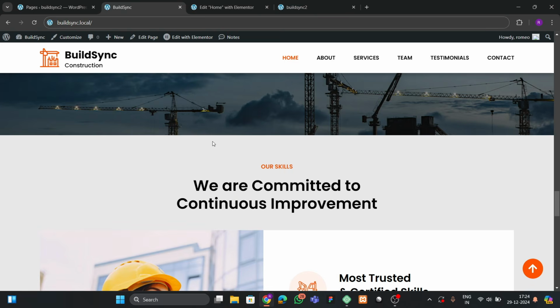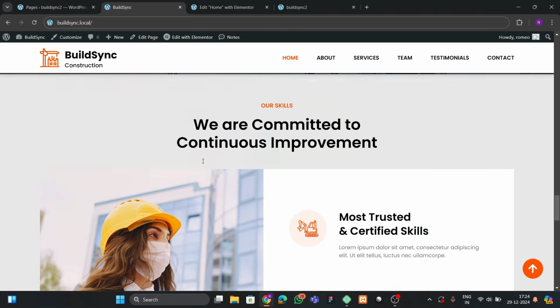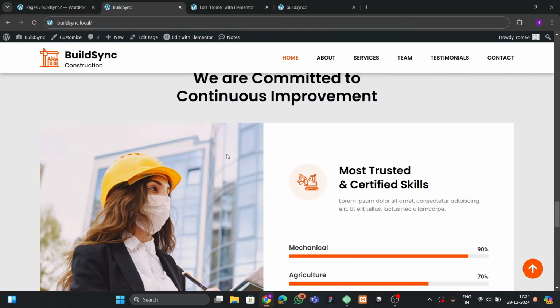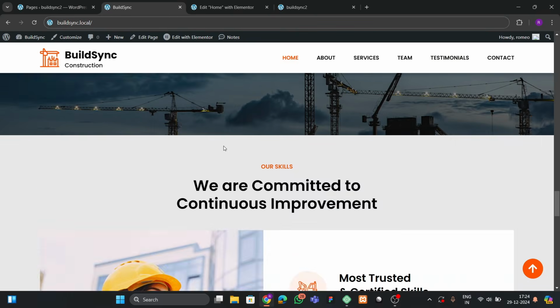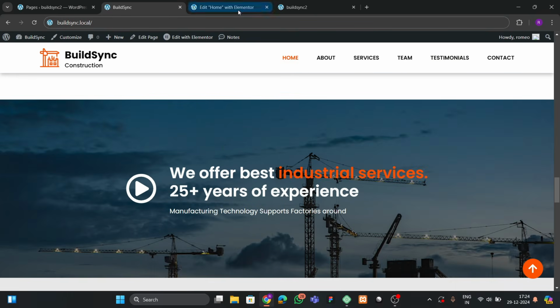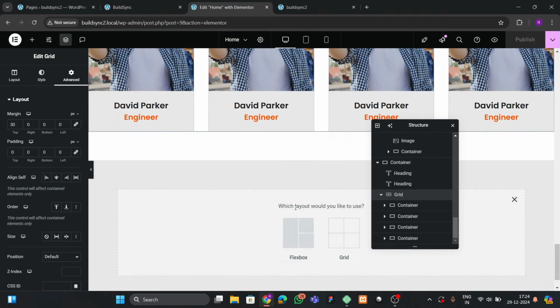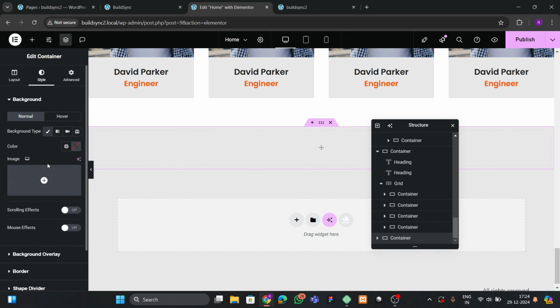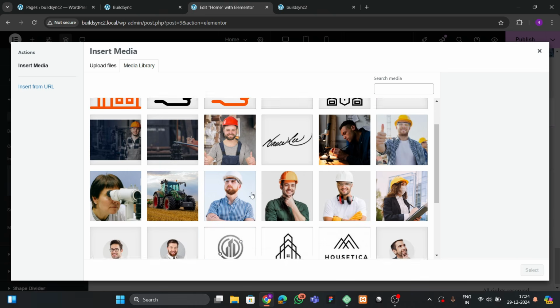Okay, so let's move to the next section where we're gonna build this section. So how many sections are left? So let's move to these sections. For making this section, we can again go to this, and we can add a layout like this, and here we can choose 1300. Then go to styles, and here we have to add an image. So for the image we're gonna